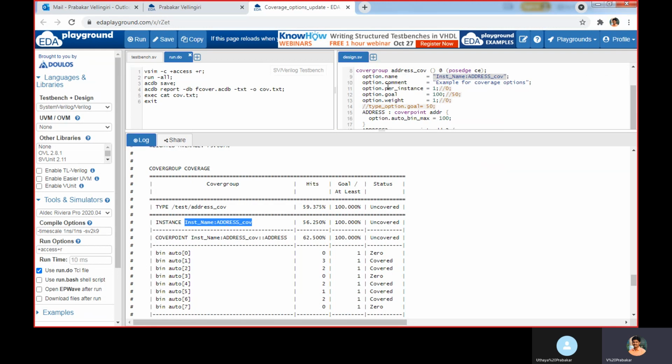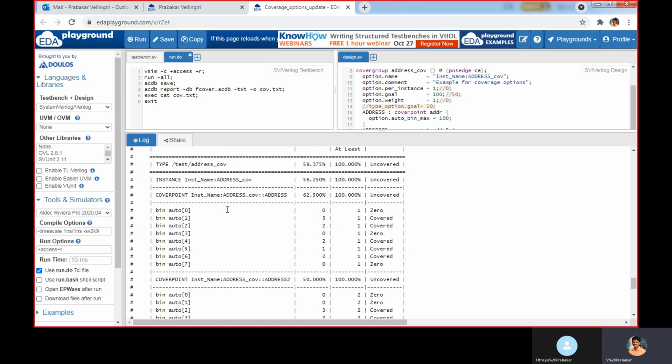Then option.comment. If you want to mention any details about this cover group, you can mention them within the double quotes using option.comment. Then option.per_instance. The default value is 0. If you make this 1, you will get all the details about all the instances of the cover group.